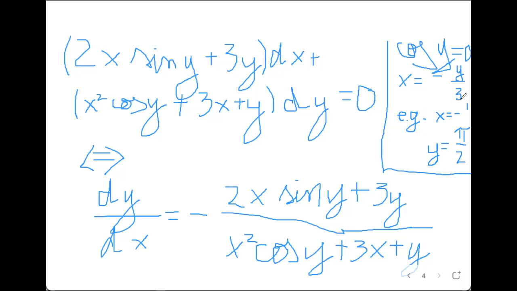So at such points, the denominator is 0. And so the thing that I wanted to say is that at these points, like this example here,